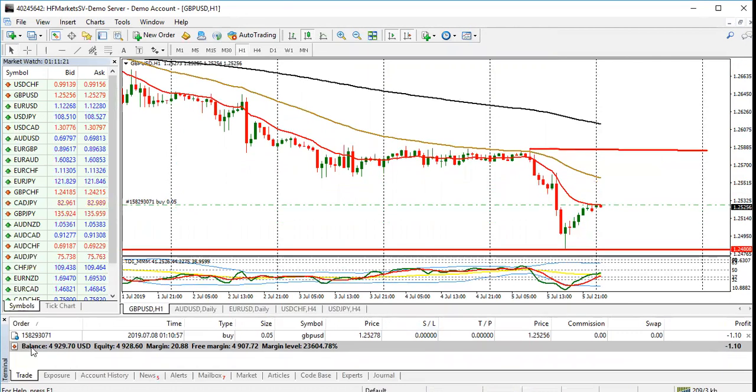Your balance will be reflected here. Your equity is what is left of your balance now that you have entered a trade. When you're in loss, your equity will be changing. When you're in profit, your equity will be increasing in value added to your balance. So most of the time, your potential take profit or loss is always reflected in your equity. It will show you, if you close the trade now, what your balance and your loss will be. For example, right now I'm in negative, minus $1.1,